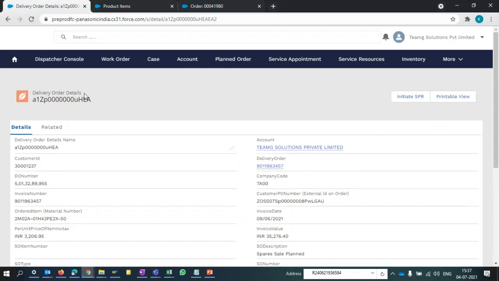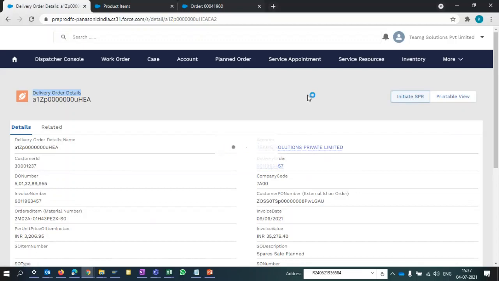ठीक है? यहाँ पे ऐसा नहीं है. In Salesforce आप directly SPR create कर सकते हैं from the delivery order itself. ठीक है? So जैसे मैंने ये एग्जांपल दिया, ये मैंने डिलीवरी ऑर्डर ये पार्ट मेरे पास आया, इसमें से कुछ क्वांटिटीज डिफेक्टिव है मेरे पास. नाउ आई वांट टू रिटर्न दैट पार्ट टू पैनासोनिक रिटर्न बैक. ओके, सो first of all I have to receive the delivery order. Without receiving the delivery order, you cannot initiate the SPR. Okay, so since the delivery order is already received, I have to just click on the initiate SPR.